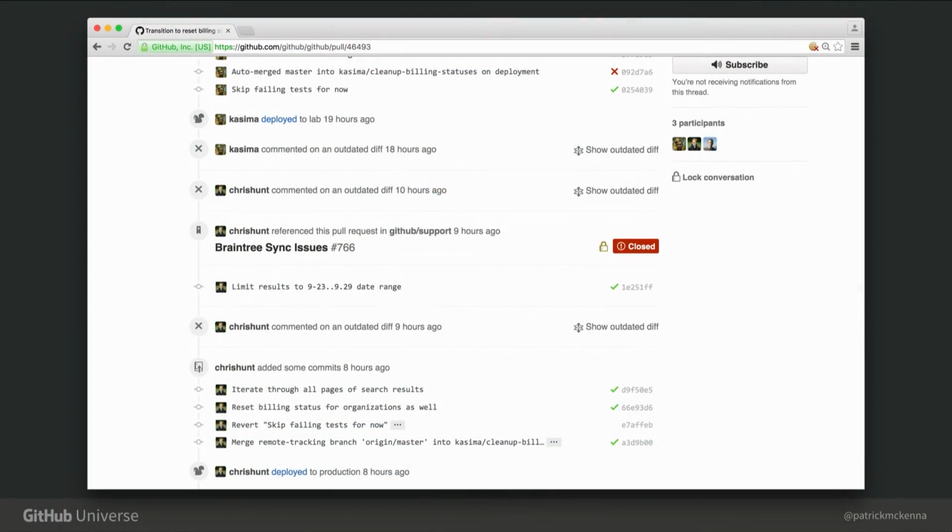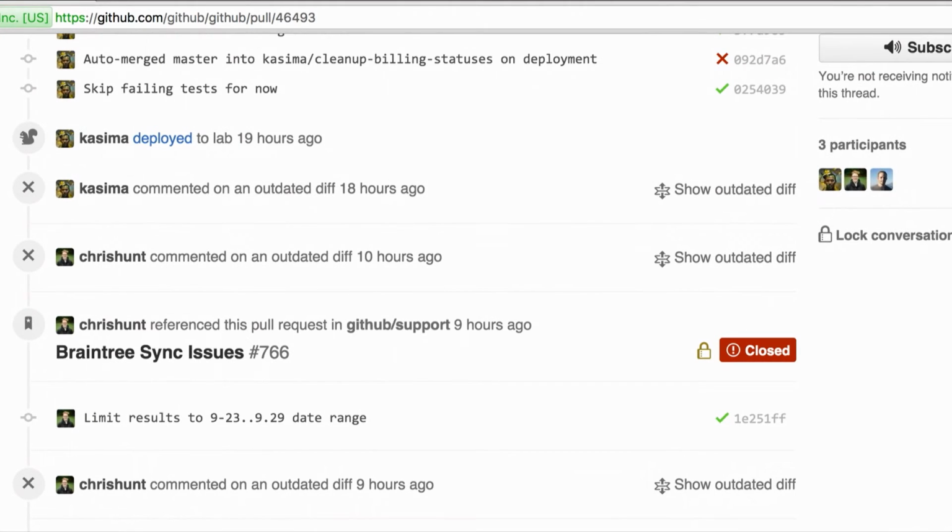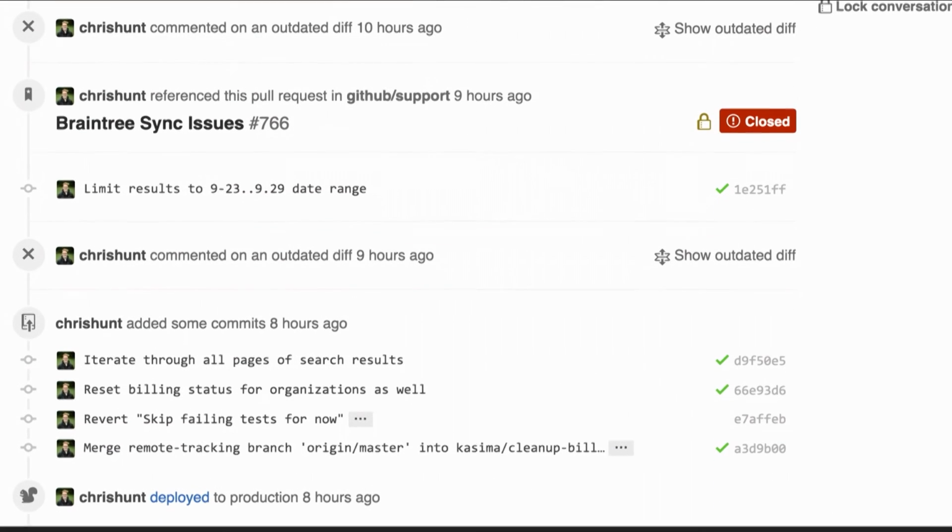So another useful thing is actually the deploy API, and you see that here with the ship it squirrels. So Cosima deployed to lab, that's the name we offer for one of our staging environments, and then later on, Croissant deployed to production right here. So much like the statuses API, the deploy API lets you represent certain events within the timeline view of a pull request. So you don't need to keep jumping around between all these different systems to understand, okay, what's in production, what's in arbitrary environment. It's a great way, again, to raise visibility of certain actions so anybody can see what the state of a